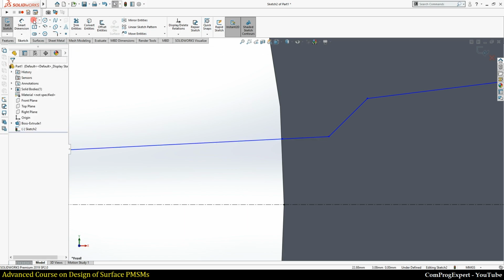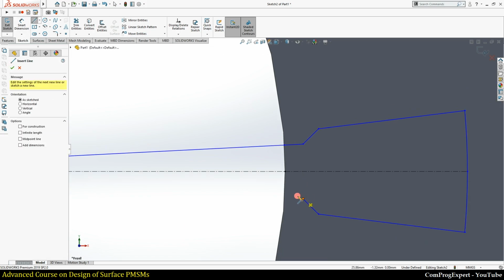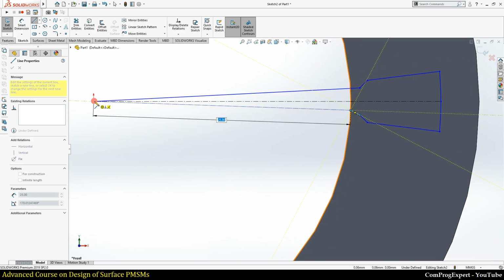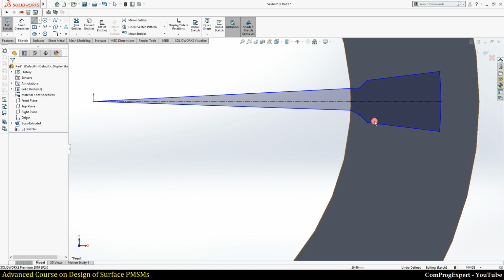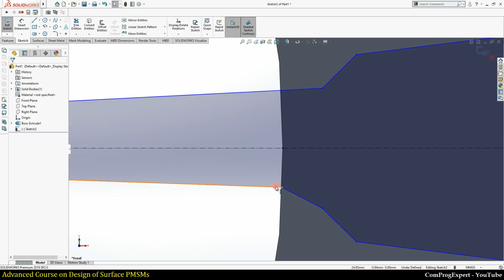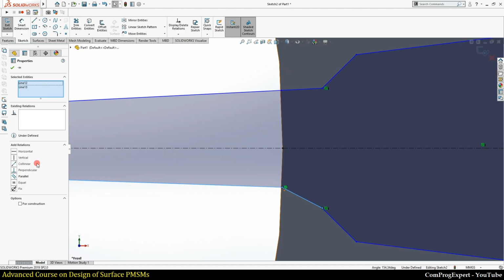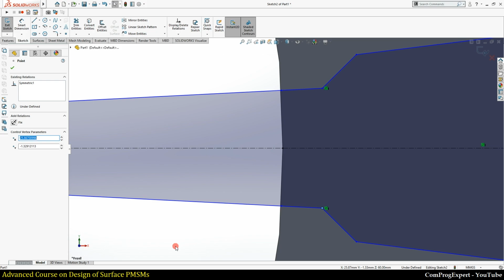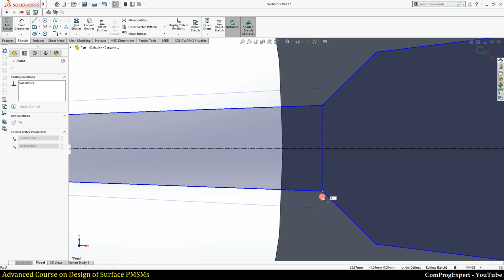So again, I can plot two new lines. This one and this one. Again, select these two lines, apply collinear constraint. Now we can, right, we have this symmetry condition.